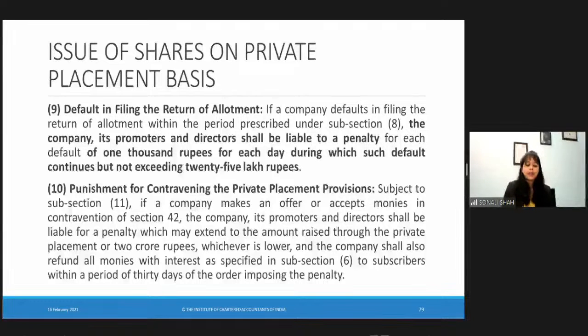And the prospectus on its face will mention that the copy of it is delivered to the ROC for registration, and it must be truthful in all respects. So these are the key points that are needed for the prospectus. However, there are more details to it that you can do on your own. And also you must know that the regulations for the prospectus are prescribed by SEBI. So in totality, you will be able to understand prospectus when you read SEBI, but SEBI is not in your syllabus as of now. So only focus for the content that is provided here.